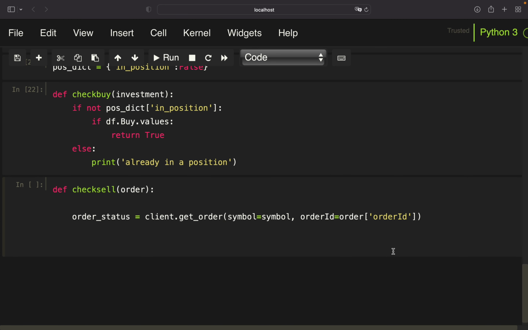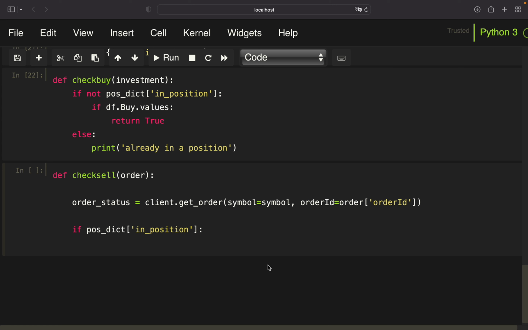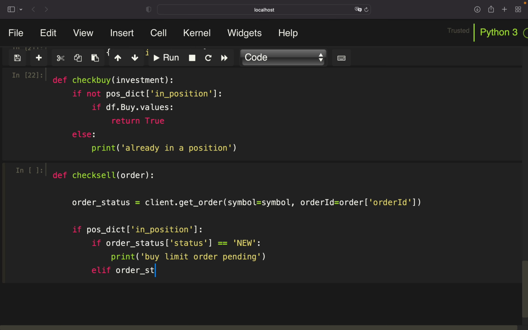And now it's pulling the order status, and first of all it's checking if we are in a position. And if we are in a position, we want to check the status of the order and check if that's still new. And if that's still new, we want to print the buy limit order is still pending. But if the order status is filled,